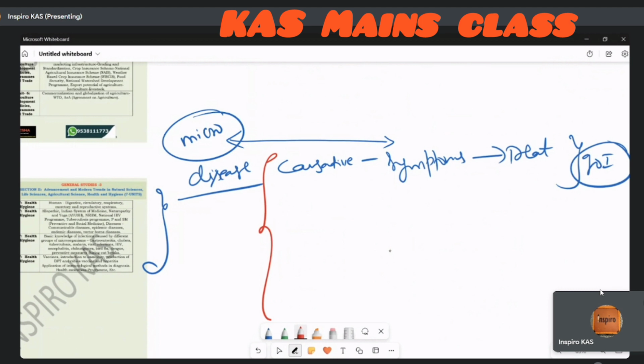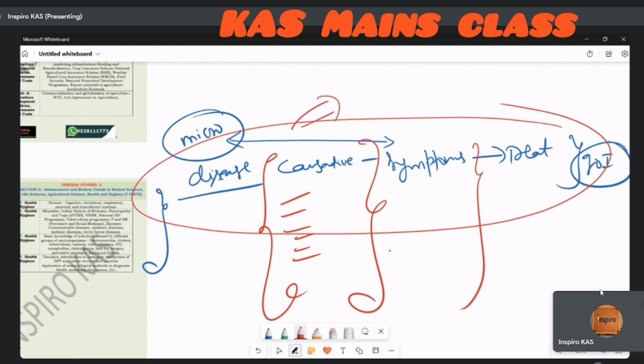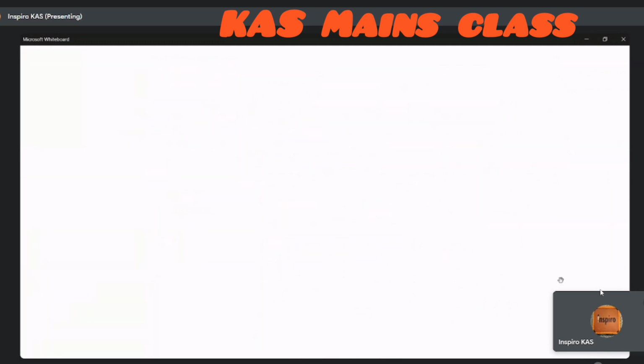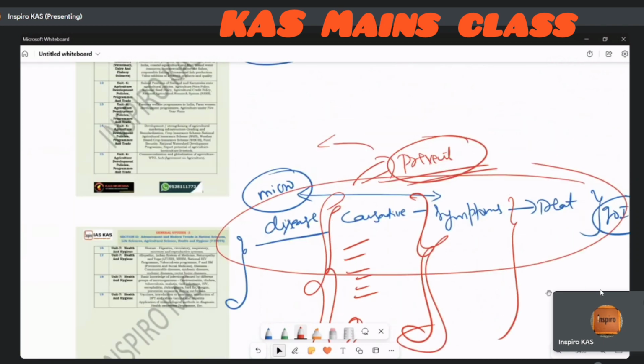And then, under the causative agents, learn the agents, whatever the causes, symptoms, and the treatments. And before all of this, what you can do to prevent it in the first place. Just like how you need to join our Inspiro science module to prevent the fear of science and technology. So join to prevent that, and in the same way learn all of this to prevent the diseases. So that is how you need to practice. You need to break everything down.